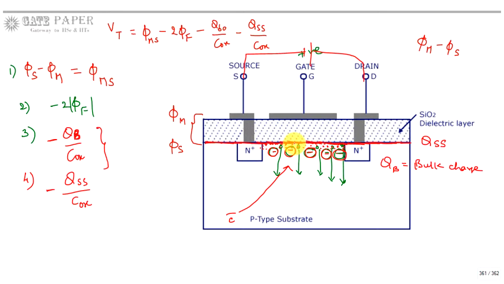As you alter this bulk charge, the voltage related to this bulk charge changes. So by making this change, you can alter the total threshold voltage. You can even reduce the voltage, or you can make the opposite polarity also, with the help of this bulk charge modification. How can we change this? That we will see.